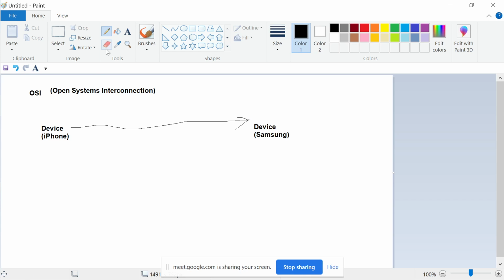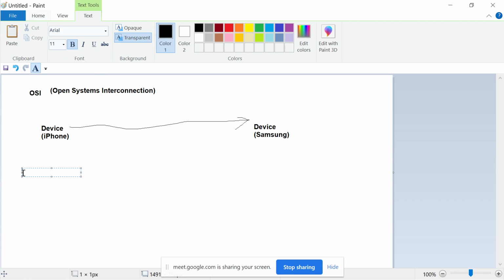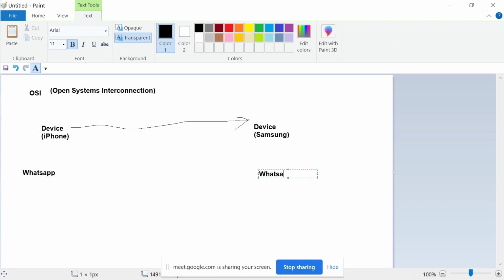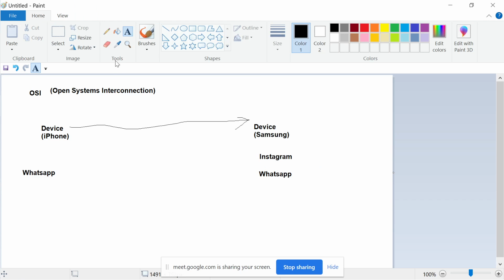What it is actually, you are running like 4 applications on this. So this application is WhatsApp over here. How does this WhatsApp know that it has to send a message to this WhatsApp? Why is there no confusion between this WhatsApp and some other tool, like let's say Instagram? It is not only communication between device to device, it is also a communication between application to application,